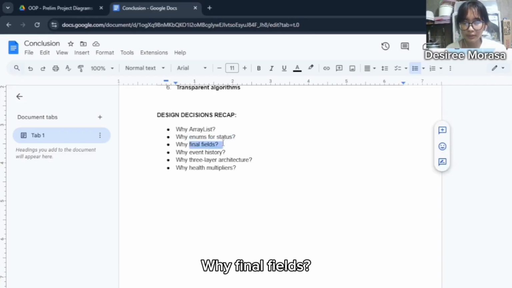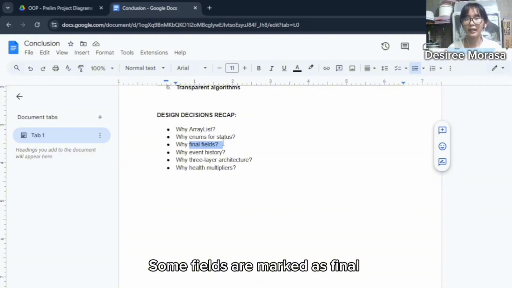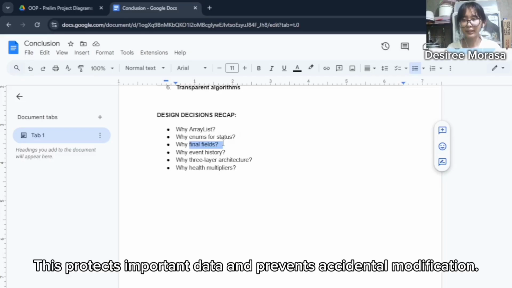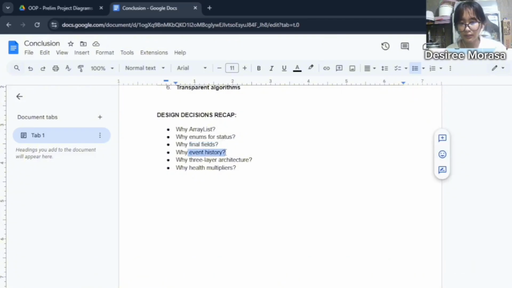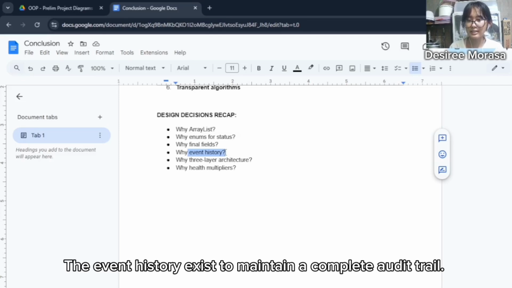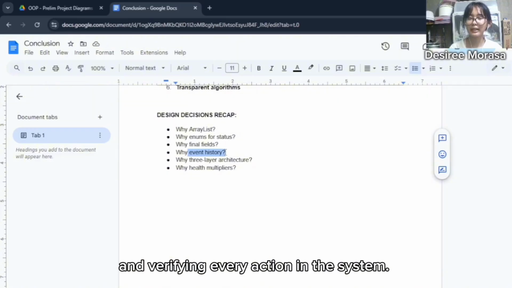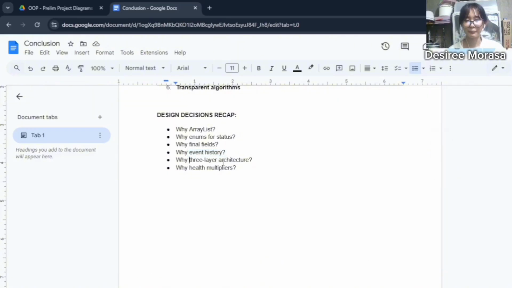Next is why final fields. Some fields are marked as final because they should never change once they are set. This protects important data and prevents accidental modification. Next is why event history. The event history exists to maintain a complete audit trail, which allows tracking, reviewing, and verifying every action in the system.